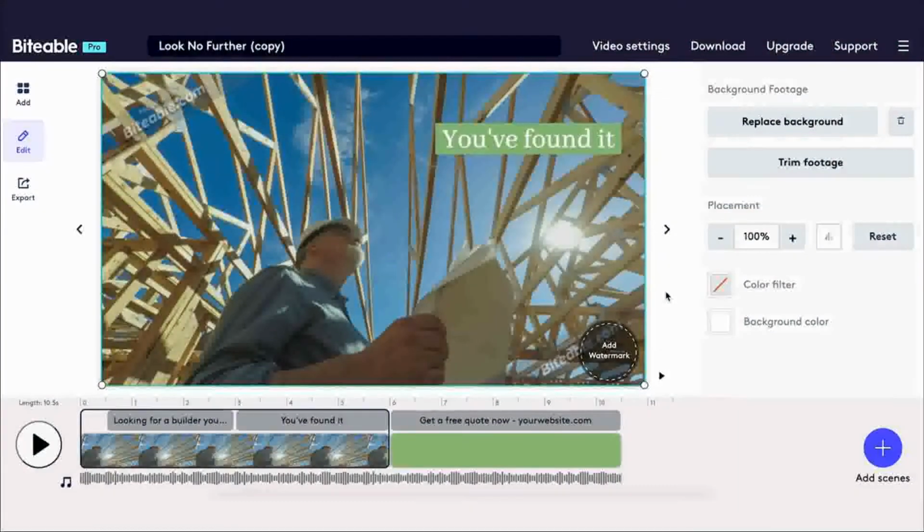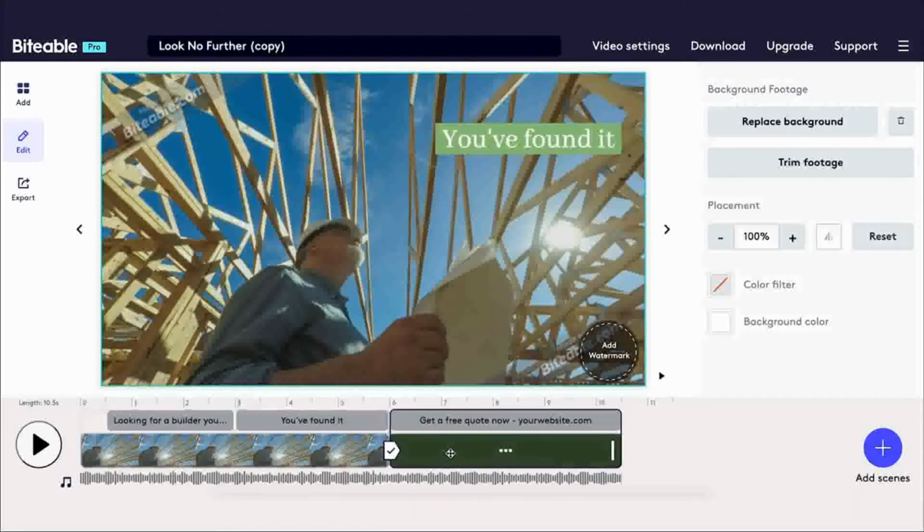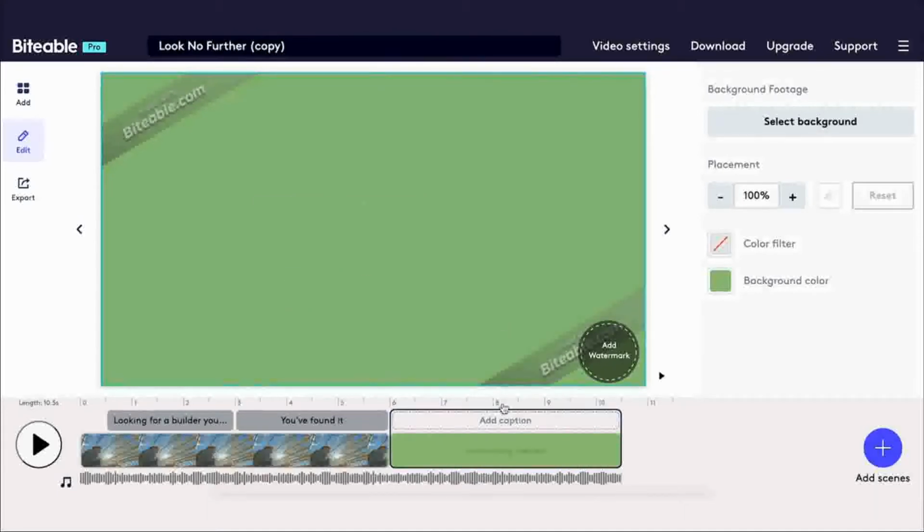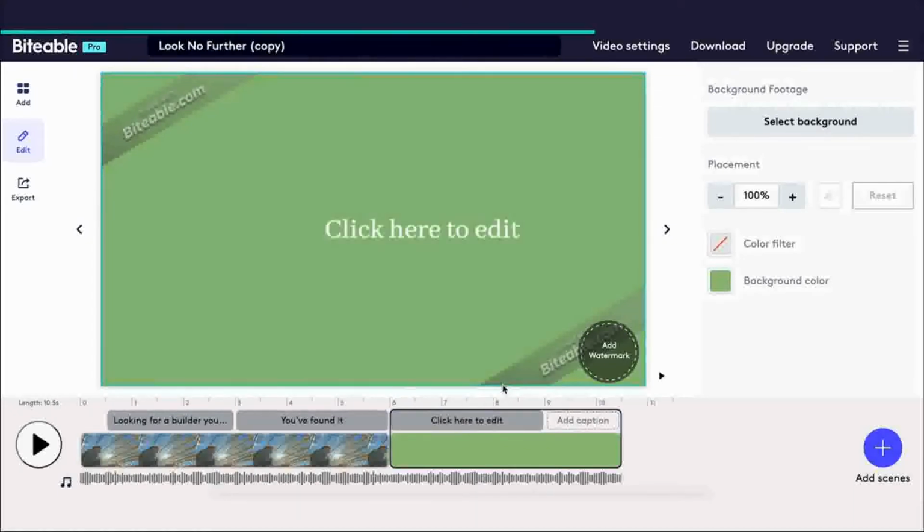Something else you may wish to do is add a logo or an image to your video over the top of your video. So I'm going to go to our second scene here on the right hand side, and this has a caption in it already, but let's say we want to add a logo or an image. We'll start just by removing that caption and then we'll select add caption and choose add logo caption, and then